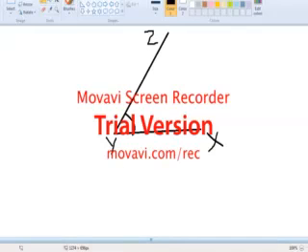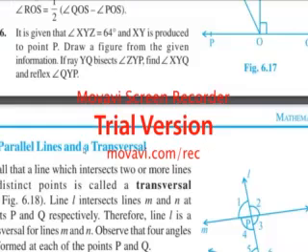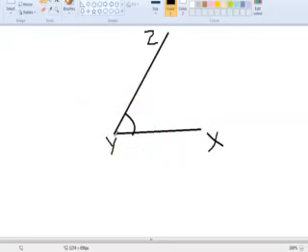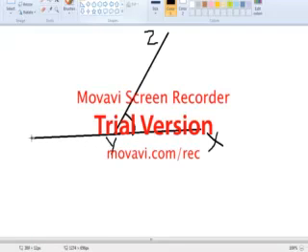After that, if you see the question, XY is produced to point P. We have to produce XY to point P. So this is the XY line. I will draw it straight. So I am taking a straight line. The same line should be drawn straight to point P. Let it be. It may not appear straight to you, but it is a straight line. So I have produced it up to P.